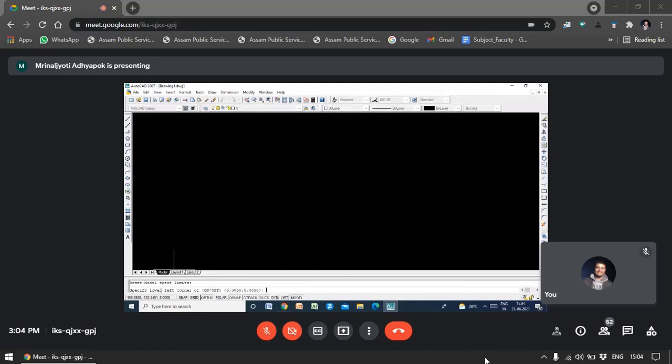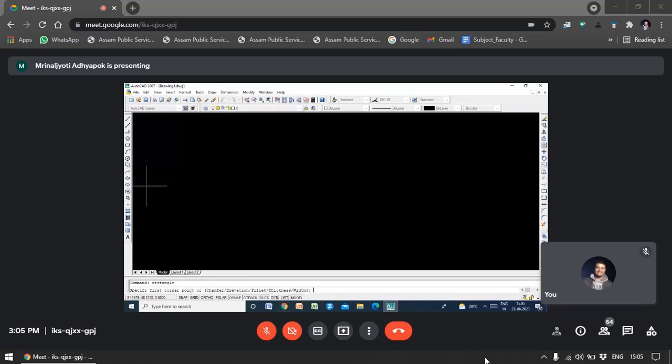First, I'm going to set the limit again. Okay, it has already been set. Let's simply zoom it. Okay, regenerated model. So for drawing the rectangle, what can you do? You can use this rectangle. Can you see this rectangle here? You can select this, or simply you can use the command RECTANGLE. Okay, rectangle. So after that, what will come?